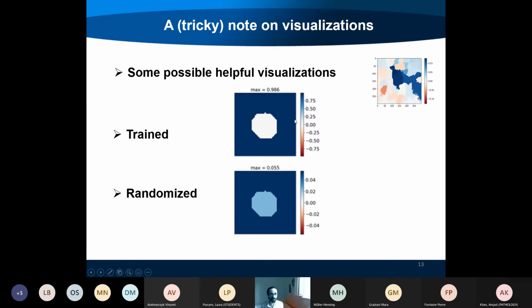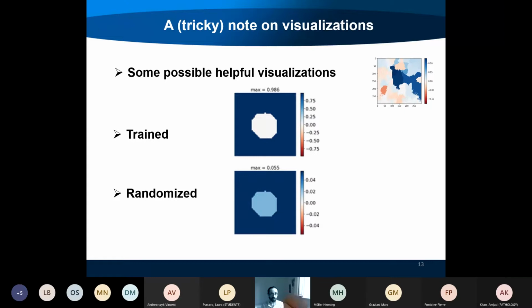In this case, with the same images, instead of making it -1 to 1 for all images, I just decided to go from -max to max, where max is the maximum value achieved in any of the superpixels in the image. It's important to use a symmetrical heat map just to make it easier to interpret the image, because if you don't use a symmetrical heat map, it can be a little tricky. You might see a region as red, thinking it's contributing against, but it isn't. So symmetrical heat maps make it a little easier to interpret. And then you just write as the title or whatever what the